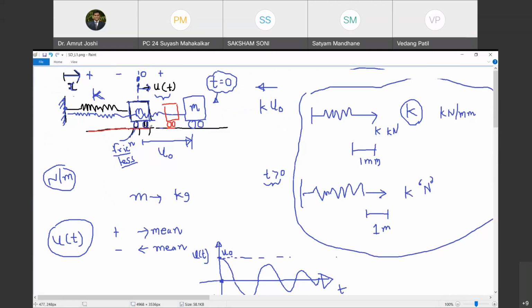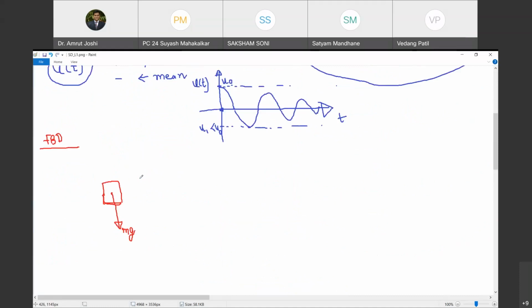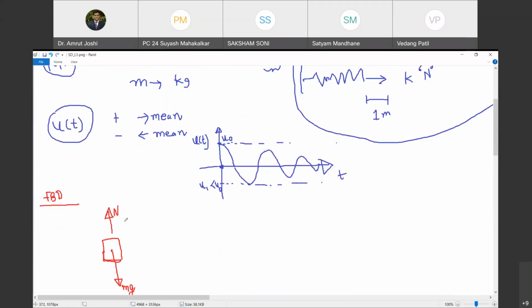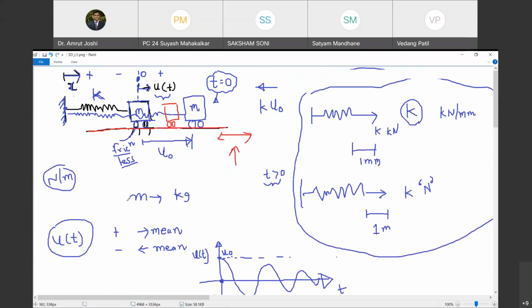Okay. What else is external to the block? Is this ground external to the block? Yes, sir. So I must show what the ground must have been doing. This ground must have been applying an upward normal reaction on these wheels because it is a frictionless surface. The reaction cannot be offered in this direction. The only reaction the ground can offer is in the upward direction. Do you agree with me? Yes, sir. So that reaction I am going to call N. Happy? Yes, sir.